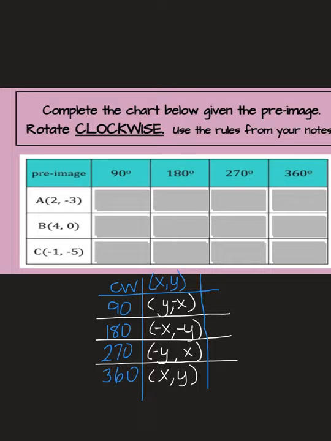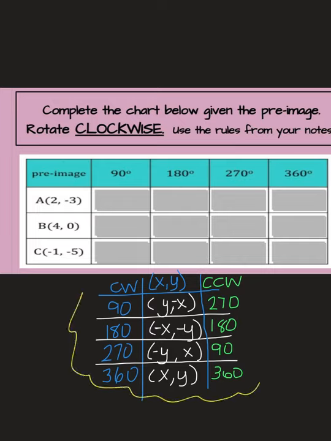Now if you remember from the notes, there were counterclockwise rotations that had the same rule as some clockwise. So this is a little chart that I always like to have my students write down. So a counterclockwise 270 is the same as a clockwise 90. Counterclockwise 180 and counterclockwise 90. And of course 360 is the same thing. Okay, so this little cheat sheet here, if you can remember this or jot it down somewhere,